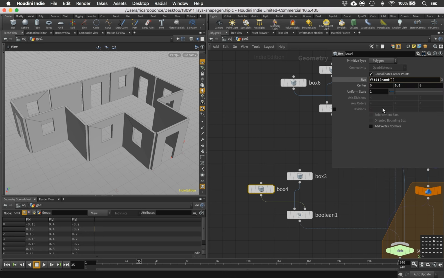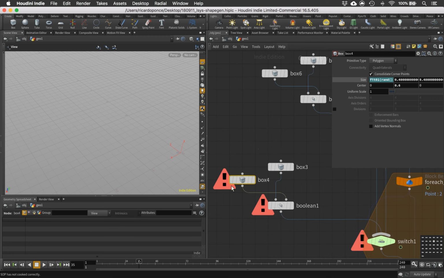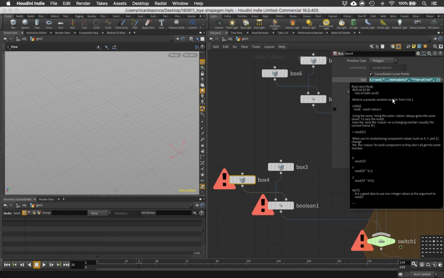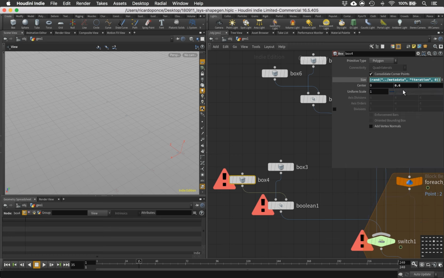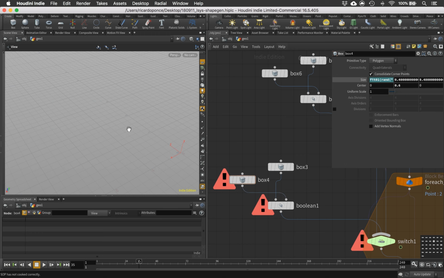So we want to reference that meta node. Let me just rename this to something simpler, metadata. Whenever I'm referencing this one, it's much easier to rename it. So let's just reference it like this, metadata. And we want the iteration attribute. It has to be the 0 since it's one-dimensional. And let's just vary this from 0.1 to 0.7. So you're going to see